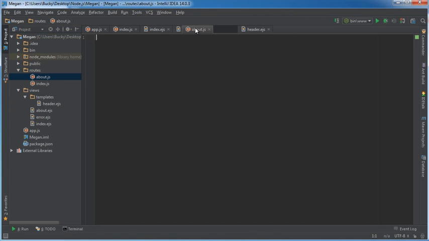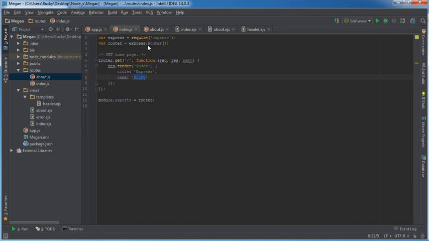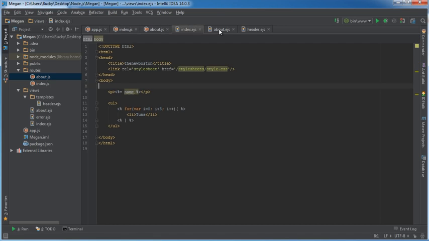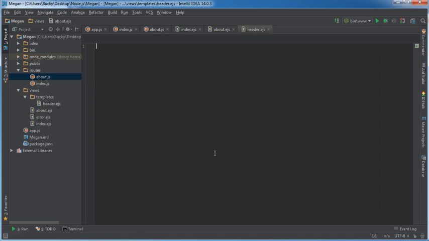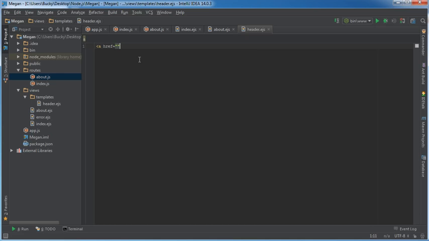So here is what's going on. How can I organize this? Alright, let me do this. So we have app.js, the index view, the index route, the about route, the index template, and the about template, and of course the header.ejs is going to be our navigation that's going to go at the top of every single web page. So I'll just put some basic links in here, href,